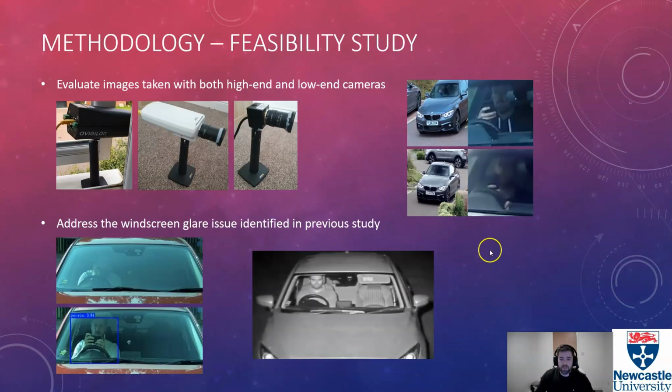One of the first steps of this project was a feasibility study to see if we were able to obtain images with a camera through a vehicle windscreen that we deemed good enough that an object detection system could detect small objects. To do this, we tested a range of both high-end and low-end cameras. The 2 cameras on the left are what we class as the high end, and the one on the right is an off-the-shelf,